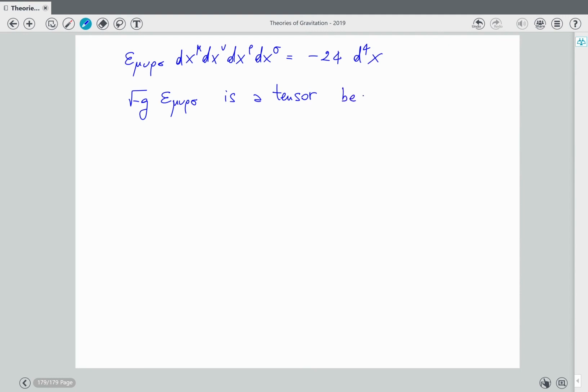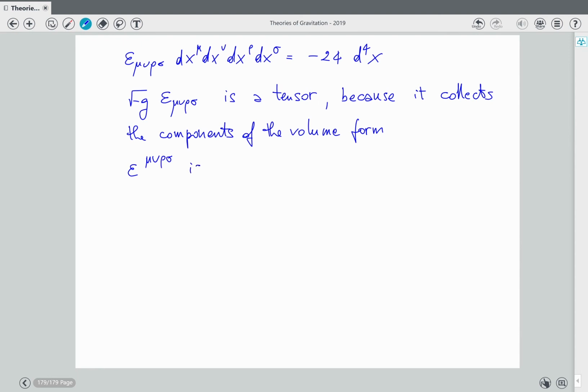Because they are components of, it collects the components of the volume 4-form. Similarly, epsilon mu nu rho sigma is a tensor